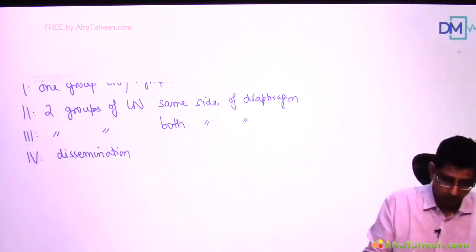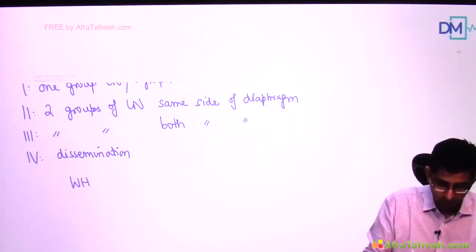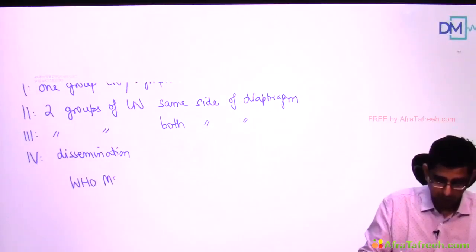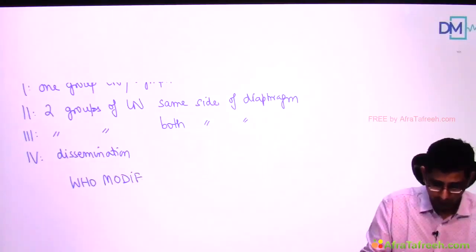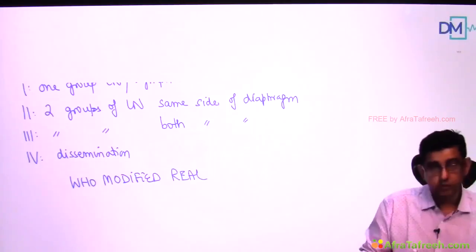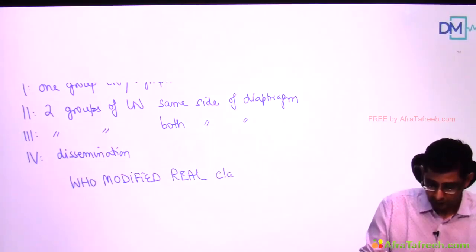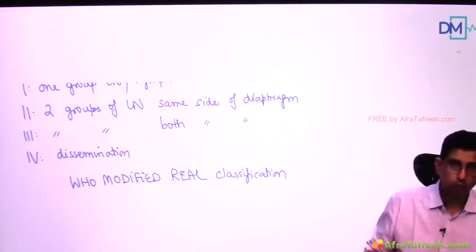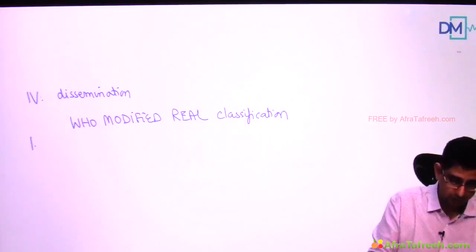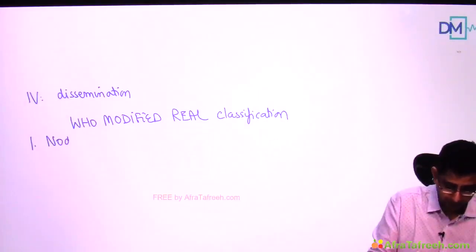In pathology, they teach you about the WHO modified Rye classification. The WHO modified Rye classification is based on the histopathological subtypes of various varieties of Hodgkin's lymphoma that you will come across. So it is not a clinical classification. The subtypes that you would have studied in pathology and I'm making you revise are nodular sclerosis,